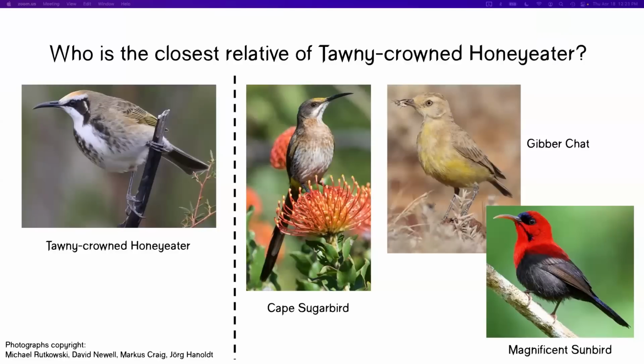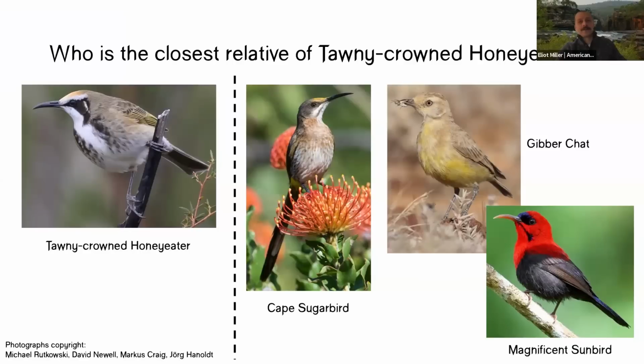Well, this is amazing. We have a three-way tie. Cape sugarbird, magnificent sunbird, and gibber chat are basically all 33-34. Yeah, that's really cool. And I guess I might have given too many hints there. But this is a really neat one. They only started getting a hint at the answer to this one in the mid 70s, I think, when they started looking at the tons of these chats and realizing that they looked an awful lot like honeyeaters.